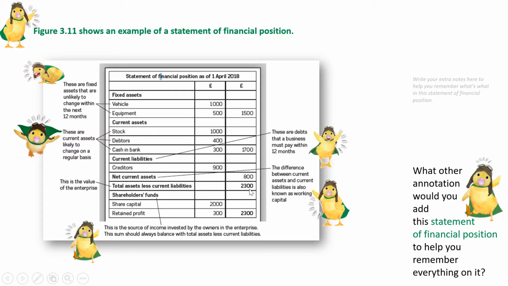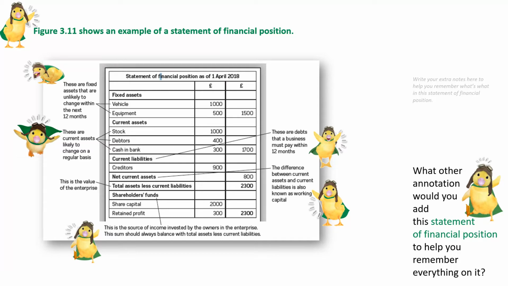Now the shareholders. Shareholders, this is the capital, these are the owners, they've put in £2,000, and the retained profit is another term for net profit. So all the cost of sales have been deducted and all the expenses have been deducted. So if you add the two together, you have 2,300 equity, and if you look, it balances with the total